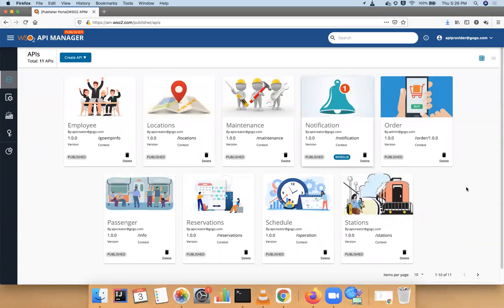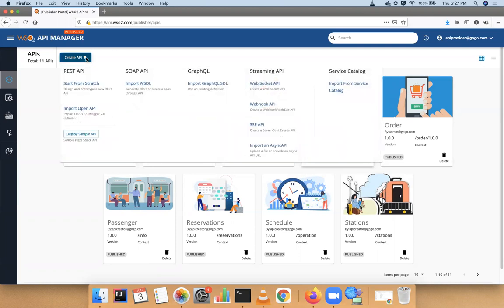Now I'm going to demonstrate how we can create an API from an OpenAPI definition. If you look at the demo script in the A1 section, there was a requirement to create an API from an available OpenAPI definition. During this demonstration flow, I will also discuss API mediation, which is C2 in the demo script, and F3, which is caching configurations for an API. Okay, so let me go to API creation.